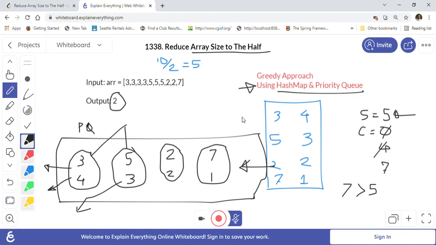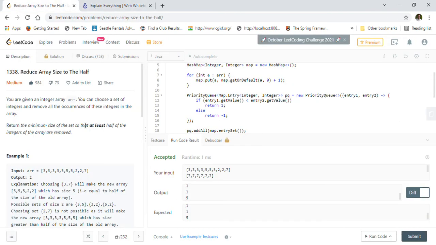The hash map we used to understand each number's frequency, and then we created a priority queue based on the frequency. We want to keep numbers with the highest frequency at the front of the queue. So this is the greedy approach, so that we can reach our target of reducing the array size to half with the least amount of numbers, the minimum size of the set.